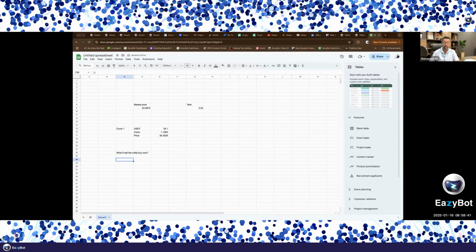Now, we have the initial buy, how many coins do we have? This number of coins. We have to multiply it by the price right now, which is this one. That means how much am I getting? I'm getting 26.7 compared to 35 that was used to buy that cover, because the price is down. This is not the first step. Now the second step, how much do I have in the tank? I have 2.2 in the tank. Adding both of them together. Exactly. When I add them,